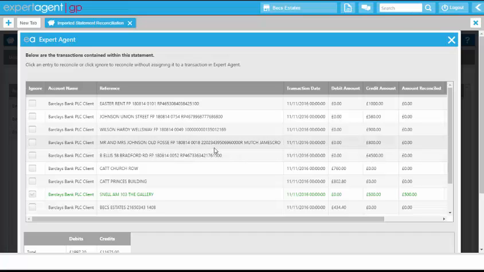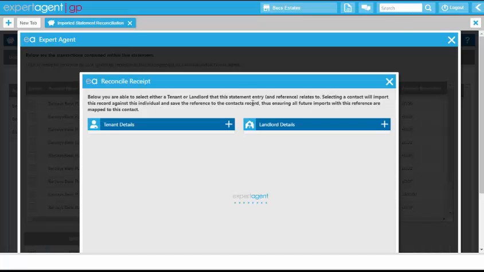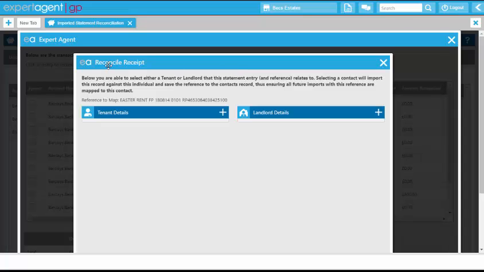So the process now really is going to be just to work down this statement, getting these transactions imported in. So I'm just going to click on my first one at the top here, which is a credit of £1,000. So that's a receipt coming into my bank of £1,000. I'll get this pop up for reconciling a receipt. Okay, so from this screen I'm able to either select the tenant or the landlord that this receipt relates to,